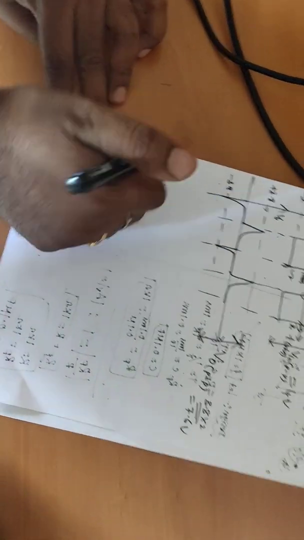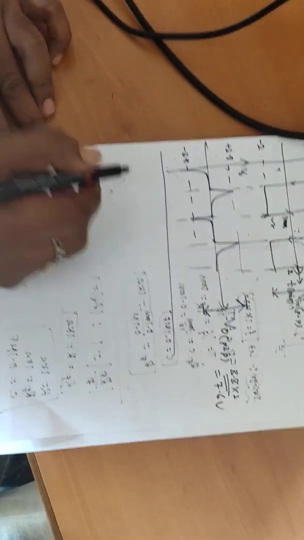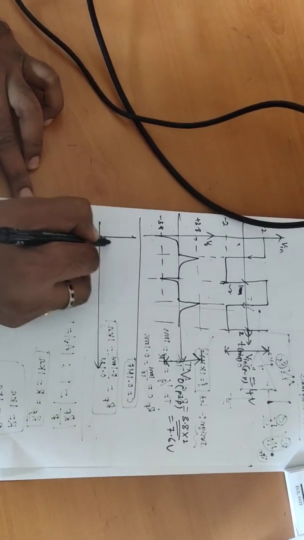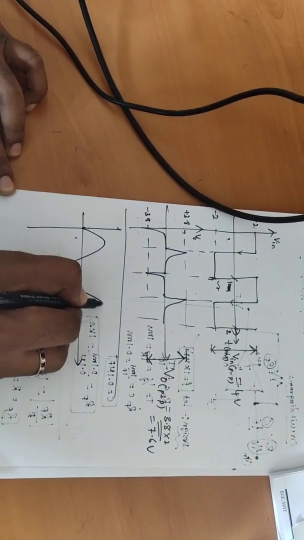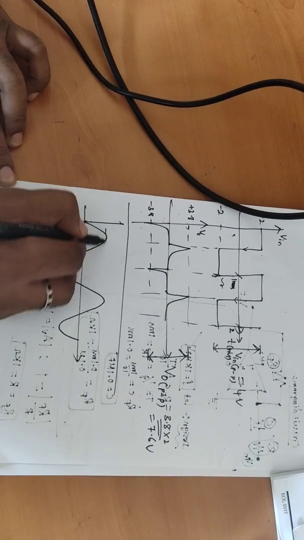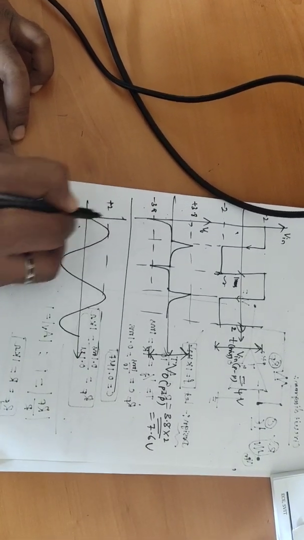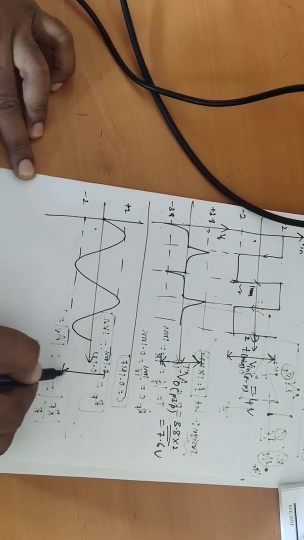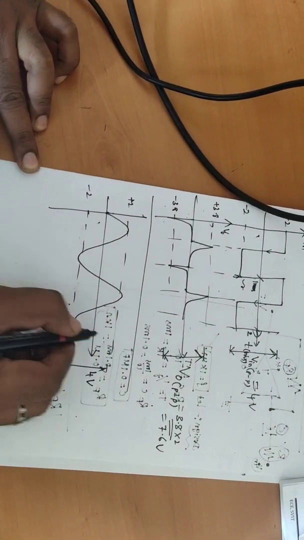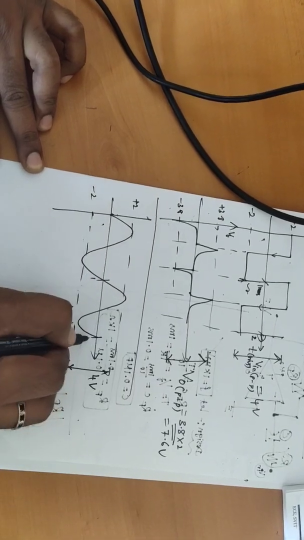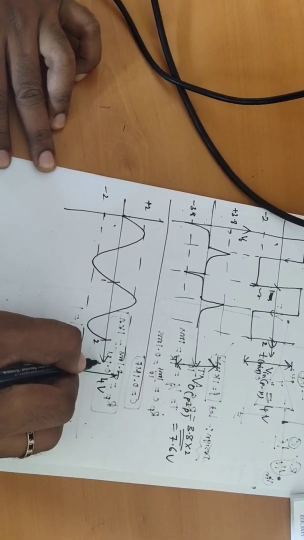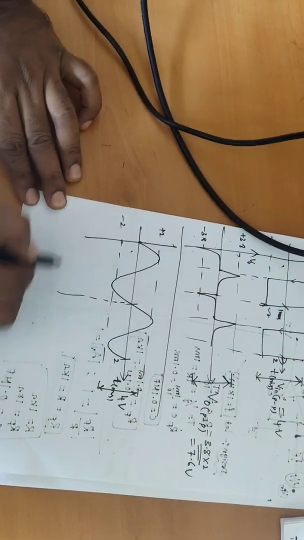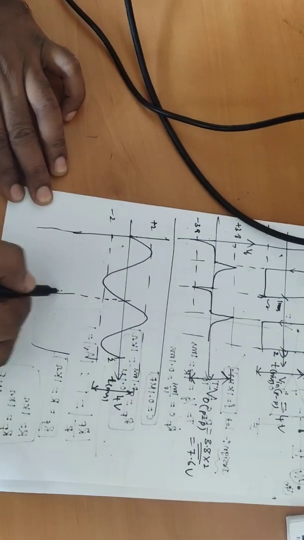Now we will demonstrate the differentiator working for a sinusoidal voltage input signal. We are just going to change the shape of the input signal. Instead of a square wave, I am going to take the signal as sinusoidal in shape with the same peak to peak value. So the peak to peak value will be 4 volt and the period is 1 millisecond. It is the same frequency, because we have designed the circuit to operate for 1 kilohertz, so the values will be the same.